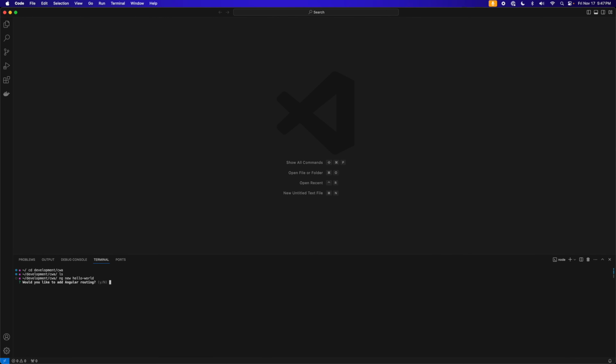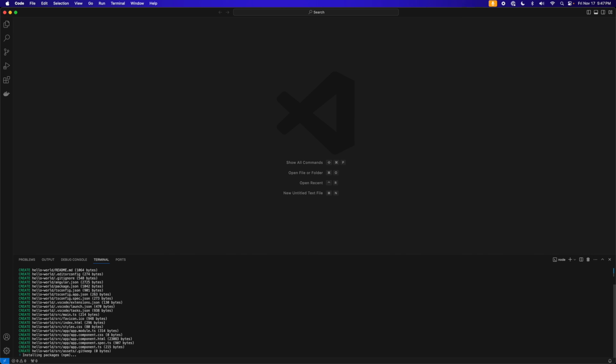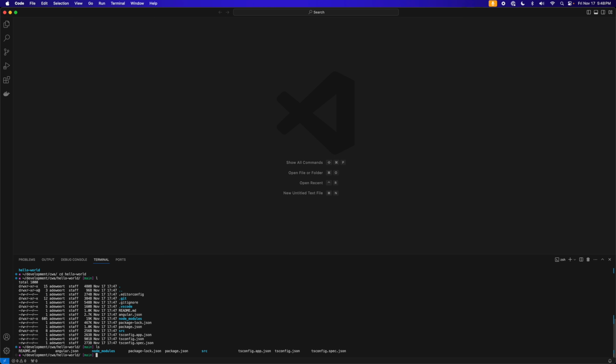Follow the prompts. In our case, we're not going to be adding Angular routing for now. We're going to keep things simple and just go with CSS. After a few minutes, you'll see the Angular CLI complete, configuring and setting up a Hello World project. So if you type ls, you'll see the hello-world directory. Type cd hello-world. If you type ls again, you'll notice that it has a bunch of pre-configured, pre-made boilerplate